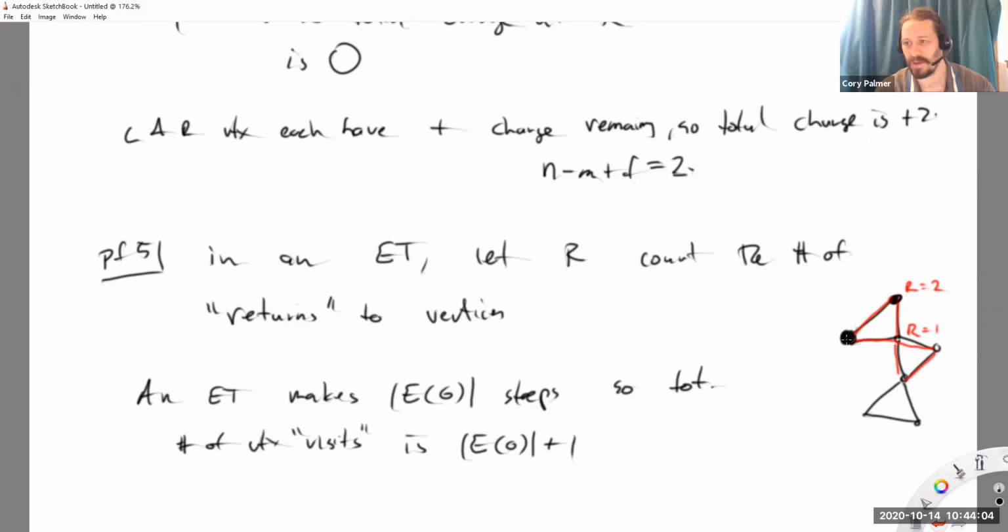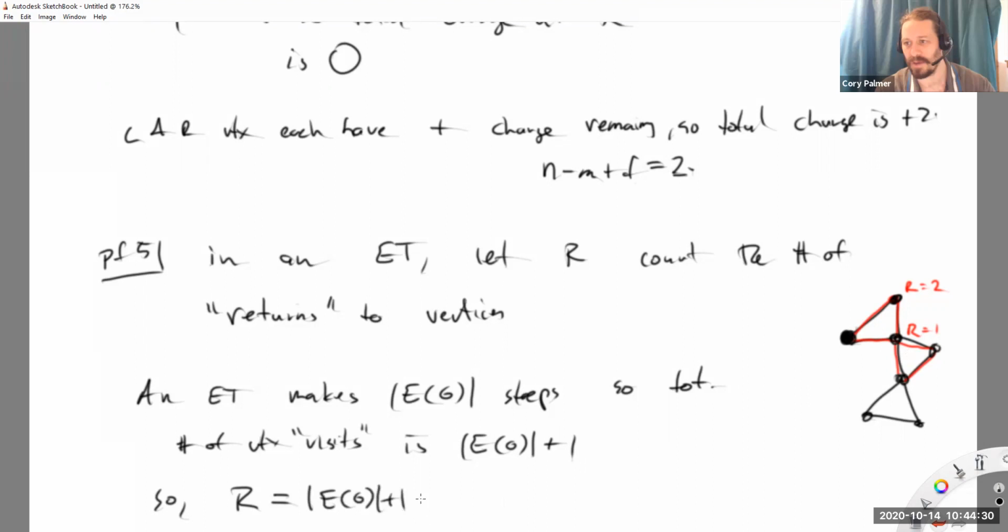Well, here's visit 1. We started somewhere. Then I traveled along an edge, made another visit, another visit, and so on. Does that make sense? It's just the number of steps plus 1 is how many visits I make. But there's a close relation between the number of visits and the number of returns because there are only so many vertices. Okay, so the number of total returns is the total number of visits that I make,